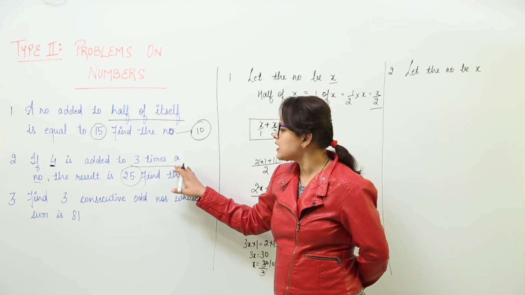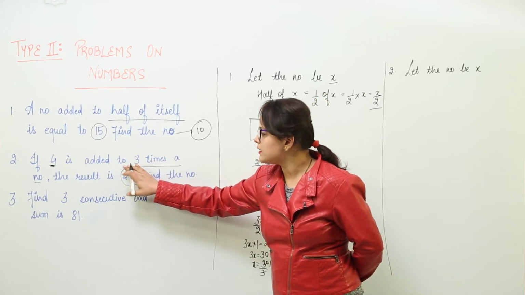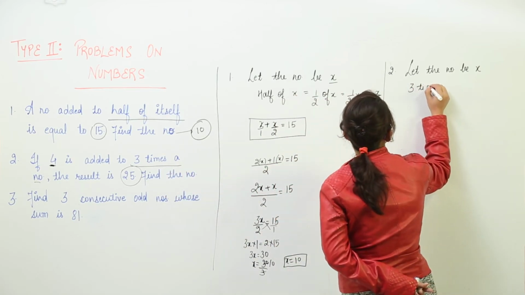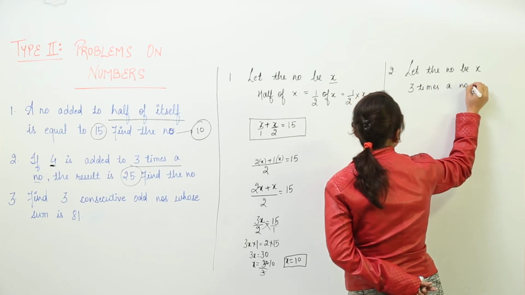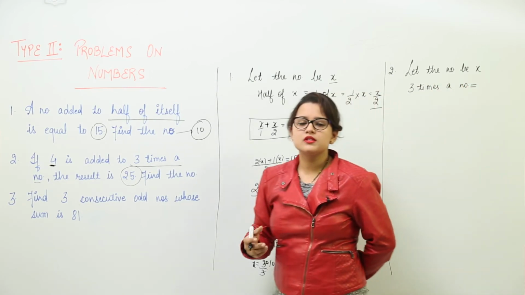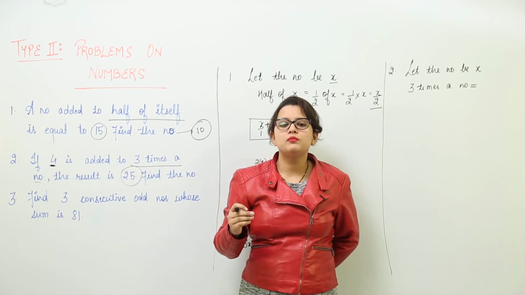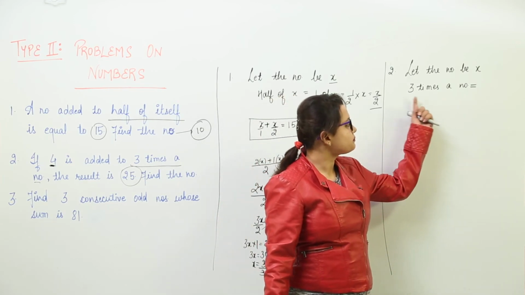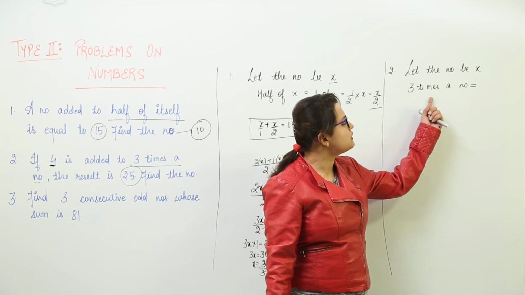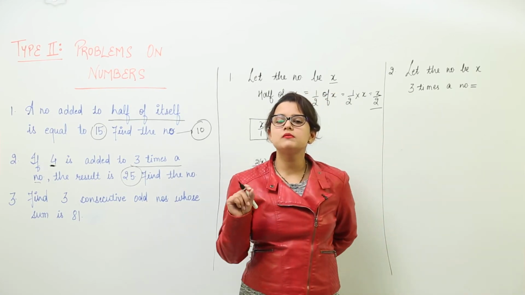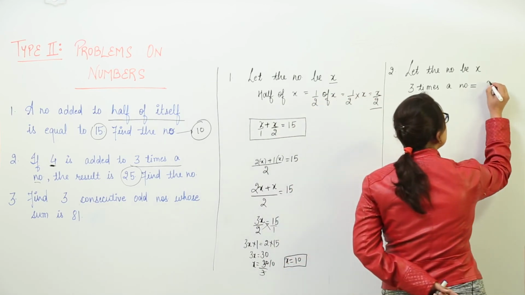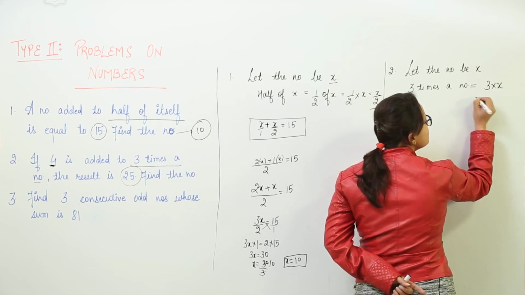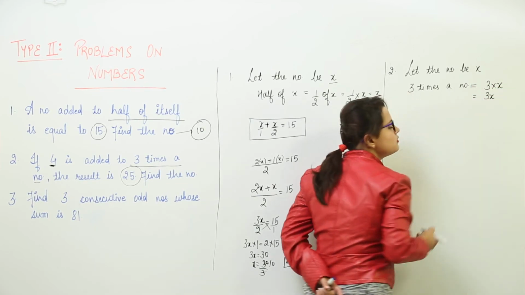So now let us start. They are saying that 4 has to be added to 3 times a number. Now 3 times a number means what? You will write 3 times a number would be equal to, now if I ask you to multiply 2 3 times, that would be 2 into 2 into 2, right? So similarly over here, what would you do? You have to do 3 times a number. 3 times particularly means the multiplication. So over here 3 times means 3 into, what was the number assumed here? That was x. So we get 3 times the number equal to 3x.